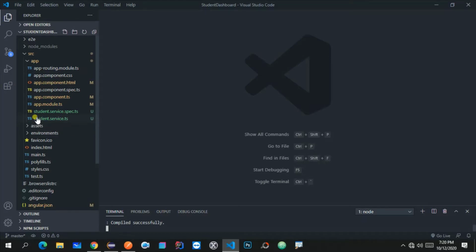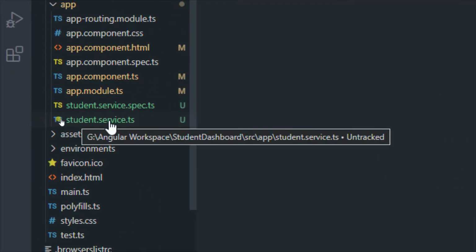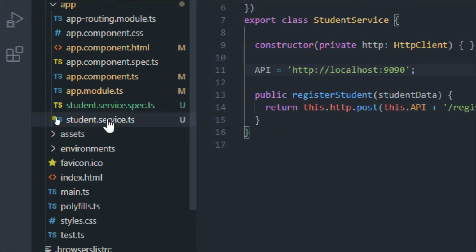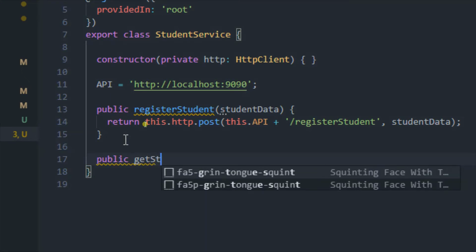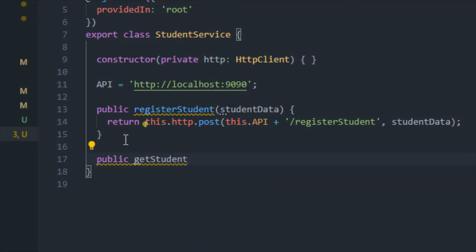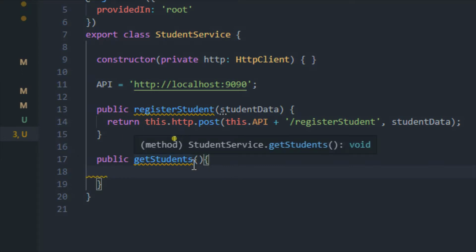Let me go to the student.service.ts file. Here, as you can see, we have the API, and we have already covered register student. In this we are going to add one new function, public getStudents, because there are multiple students. This method will not take anything as a parameter, and it will return an observable.